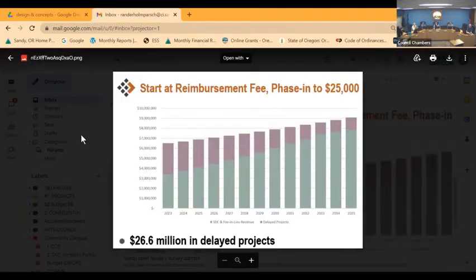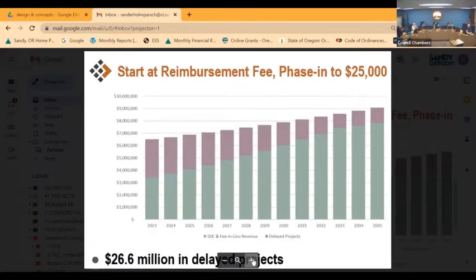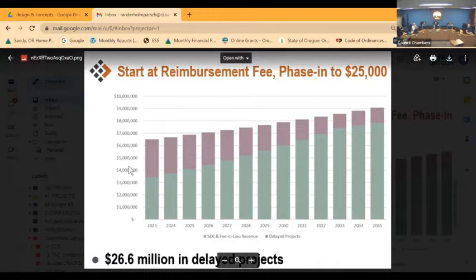Looking at this slide, what was a little bit surprising to me is that this is representing the current SDC that we have right now. And that's where, starting at the reimbursement fee, we're only collecting for the reimbursement part of the calculation and not the new development part.